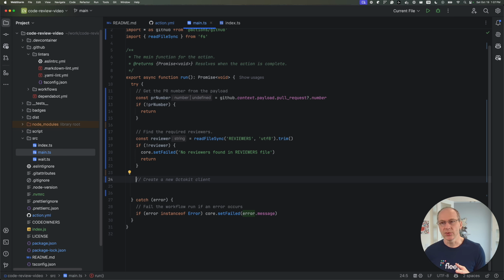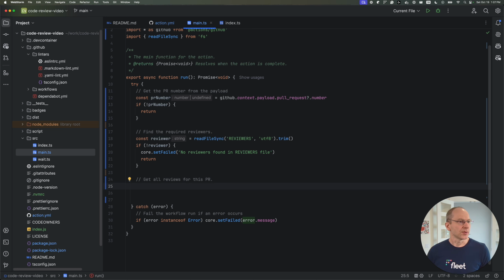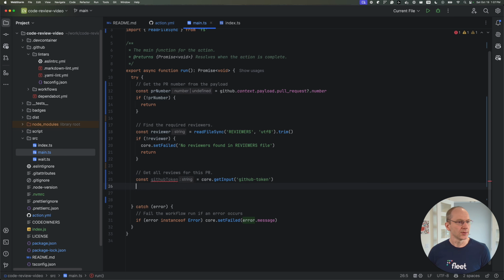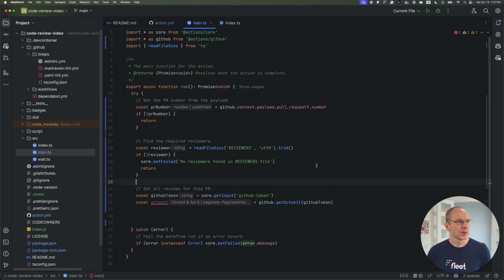So next what we need to do is get all the reviews for this PR so that we can look at each review and see if this reviewer has approved it. So here's where we're gonna use the GitHub API. Get all reviews for this PR. This is where we're going to use the GitHub token input. So const GitHub token. Okay, looks good. And we're going to use this, Octokit. This is the API that's coming from